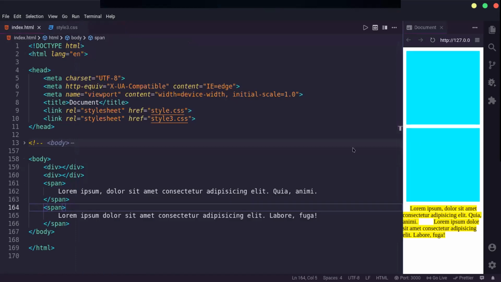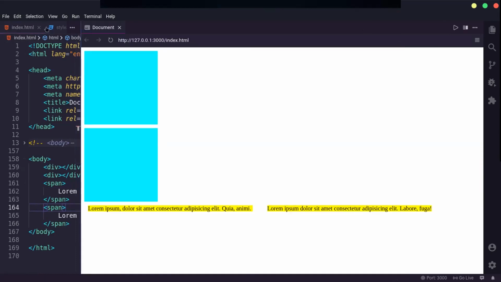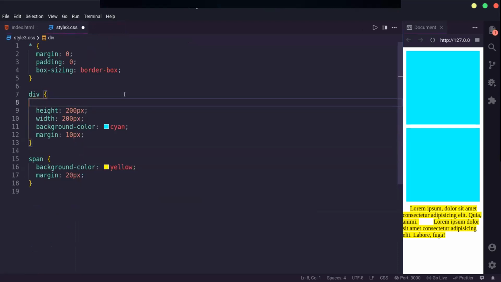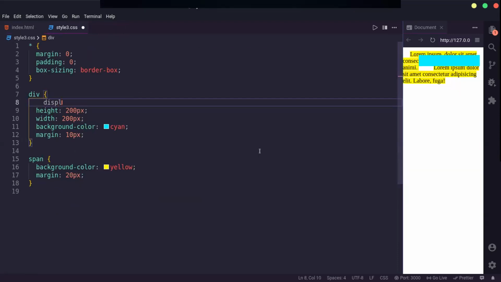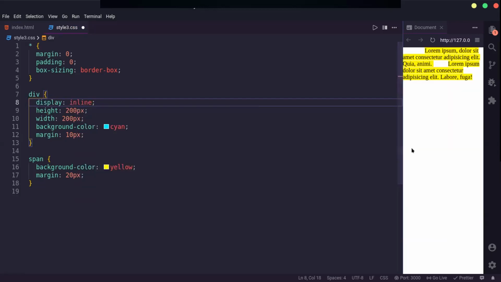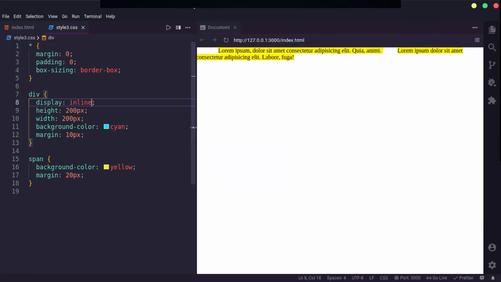Now if I change this div to display inline, now you can see.